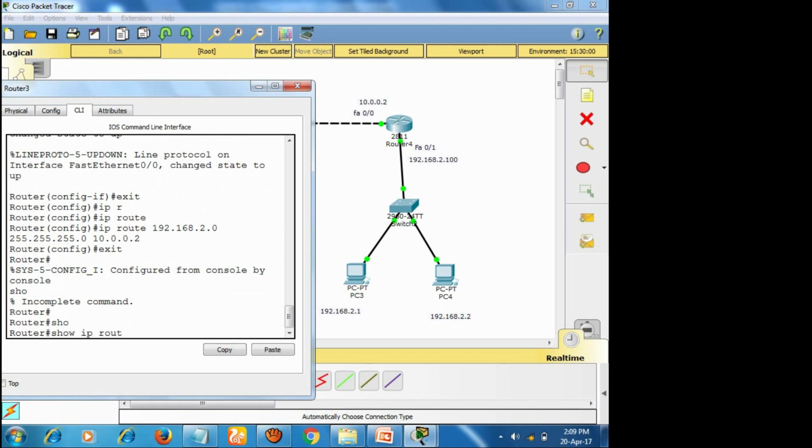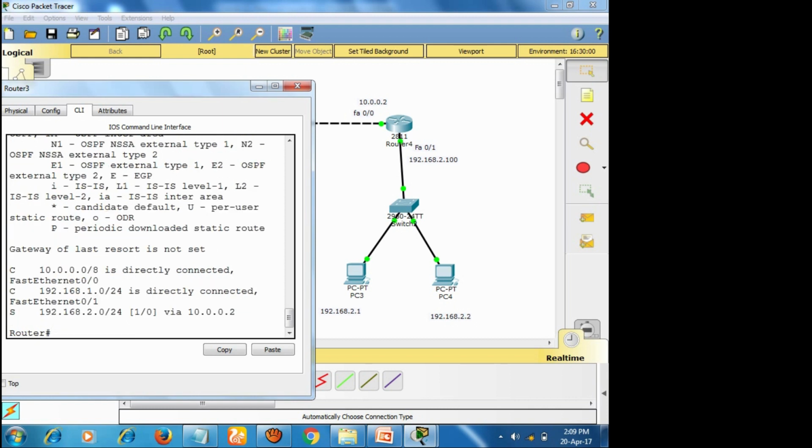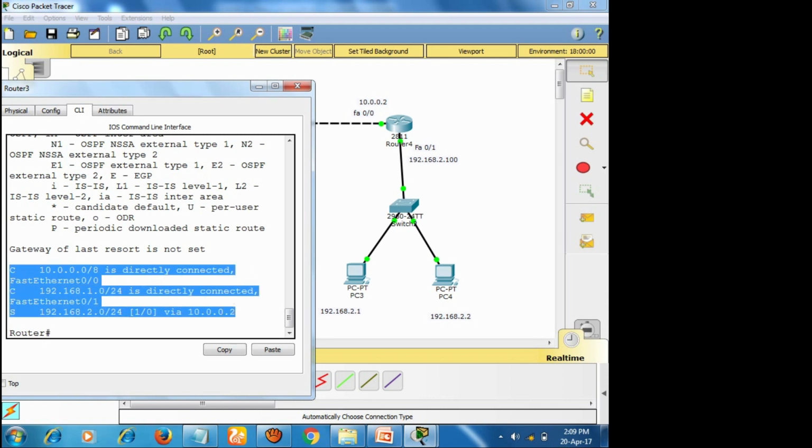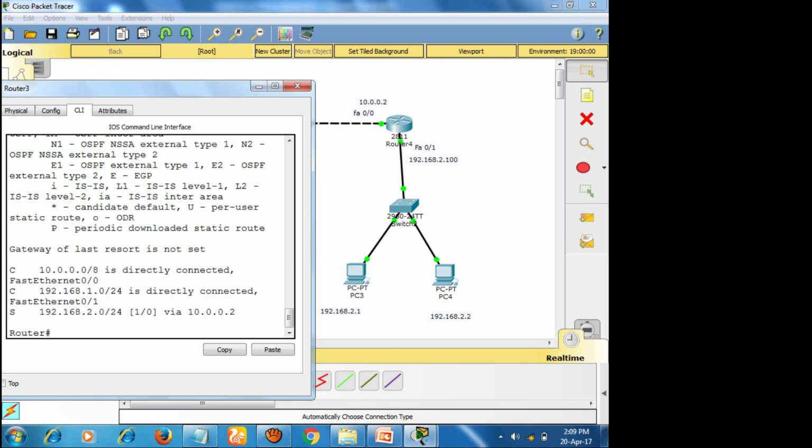IP route. Look at here, there is three information. What does C mean? It is directly connected, right? So that is 10.0.0.0/8, it's directly connected, and another 192.168.1.0. Look at here, it is a network ID.